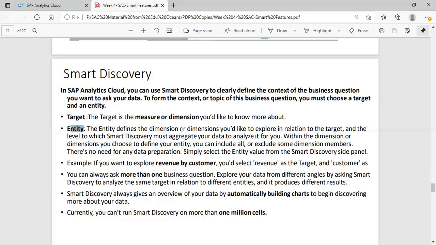But once you define your data points, whatever values you give, on that basis it will create your whole smart discovery pages, which are overview, simulation, key influencers, unexpected values, and all. So it will give you different kinds of results on the basis of data points. Data point means entity and target, or it could be date, or any kind of filter that you give here at this time. It will automatically take it, and automatically build charts on your data.